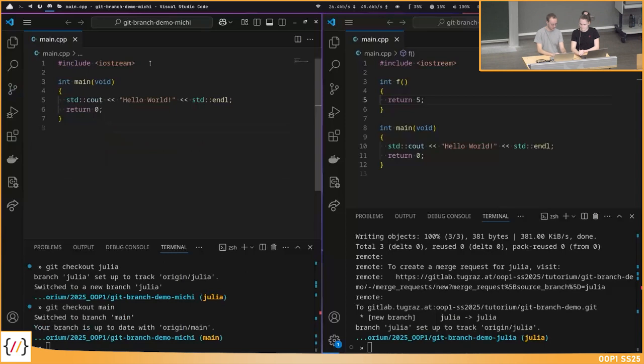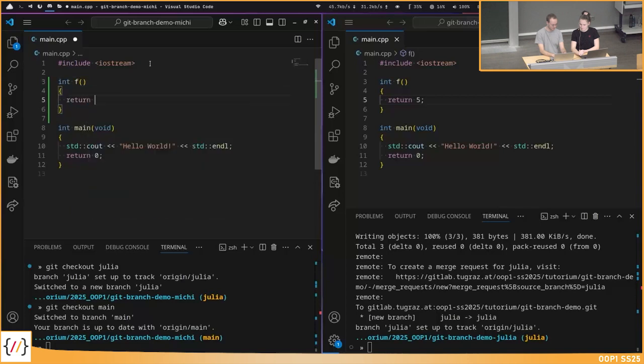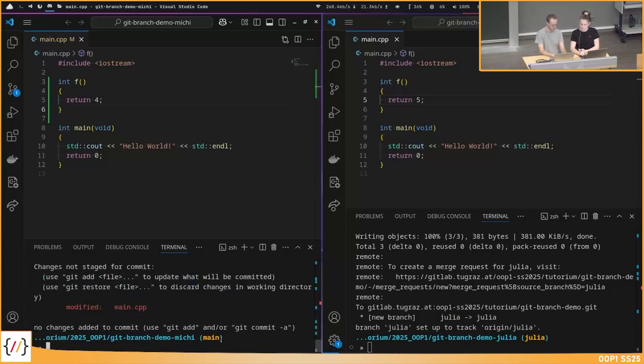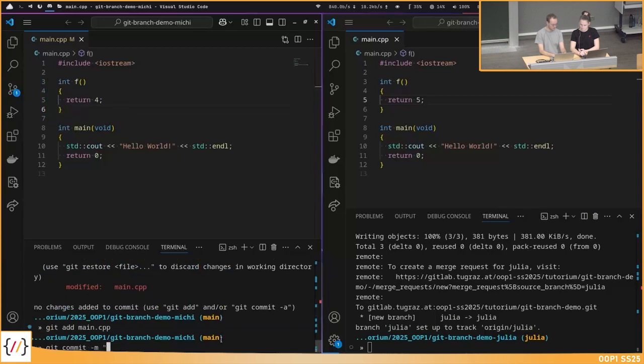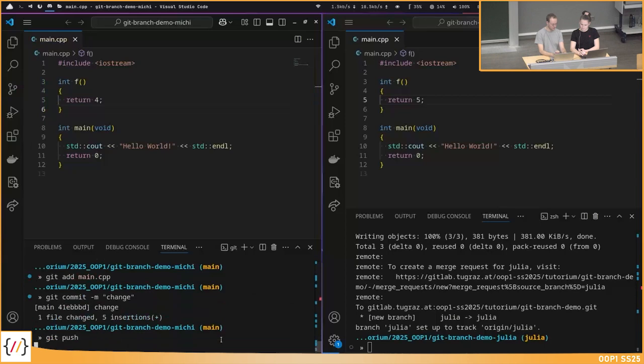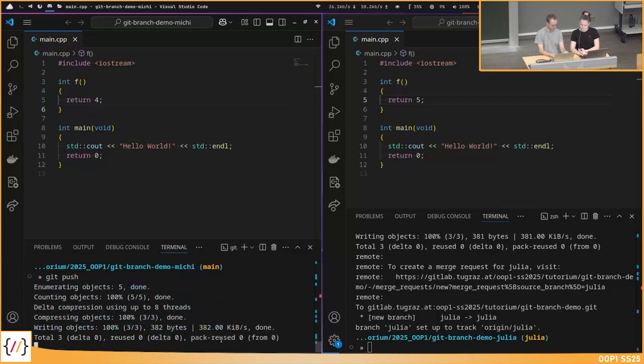Now let's try. Maybe we're doing something mean here. Let's say my function returns 4. So we're implementing something conflicting here. But I do it on the main branch, you did it on the Julia branch, so it doesn't matter. We edit, we commit it, and we push it.